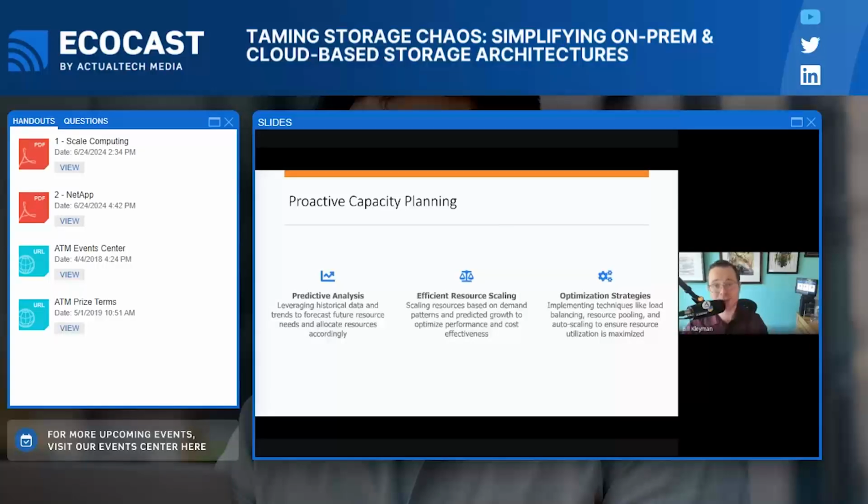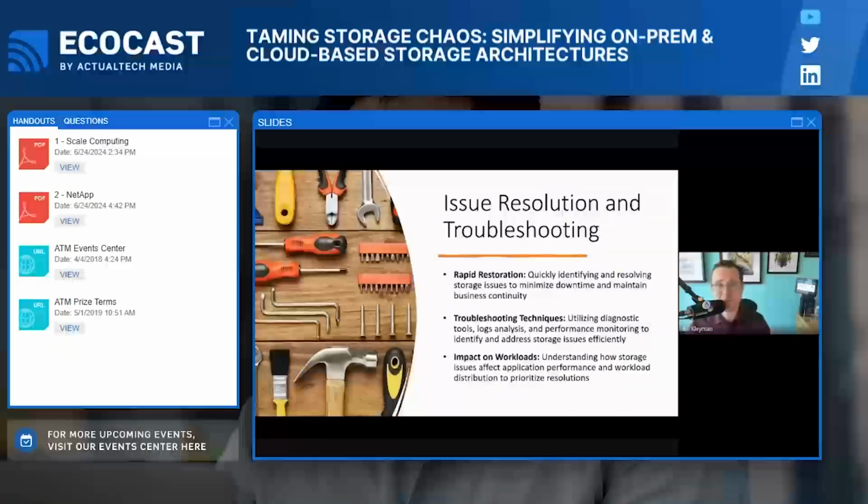Now, here's the other one. If there's ever an issue, you must resolve them even faster than before. Like I said earlier, right? We've got pen and paper, but that's not something we can turn to because literally these storage arrays are the lifeblood of our business. So we have to quickly identify and resolve these issues. You have to modernize your troubleshooting techniques, right, to be able to isolate and diagnose much more core issues that are happening much more proactively as well, down to the user layer sometimes. And most of all, how is it impacting the applications, right? Whether it's SaaS, on-prem, in distributed kinds of environments at the edge, very, very important.